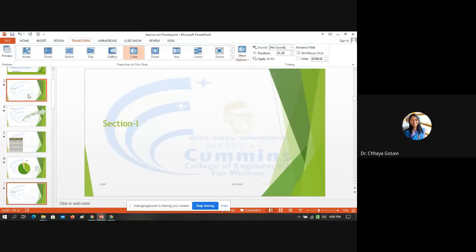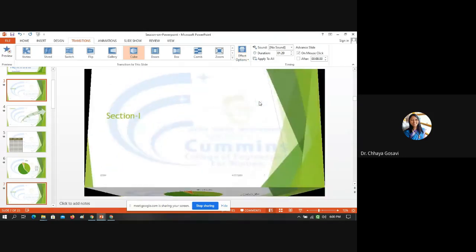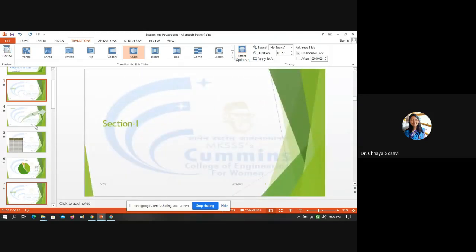If I choose these two slides, cube is selected and effect options are there. In effect options, you can see cube is moving from right, from bottom, from left or from top. Here I want to move from top for content slides. It will be applied for slides number 3 and 7 because I selected only these two slides. Now I'll do slideshow.